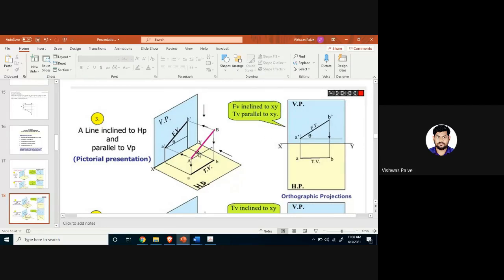So you can see this line is inclined with the horizontal plane, and that line is parallel to the vertical plane. So how are you going to get the projection of that? When we observe it from the front, as the inclination is with HP but it is drawn in VP, we can see that inclination in the vertical plane, but actually it is measured with respect to the horizontal plane. See the difference. Inclination with HP, but it is going to reflect because the shadow of that inclination is going to fall on the vertical plane.